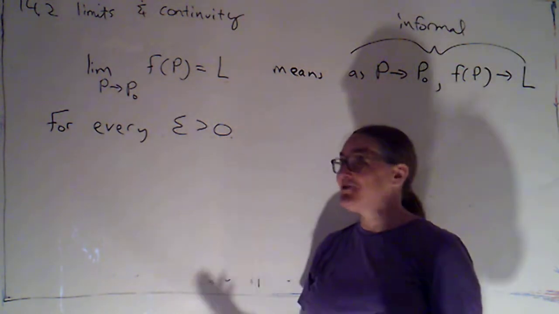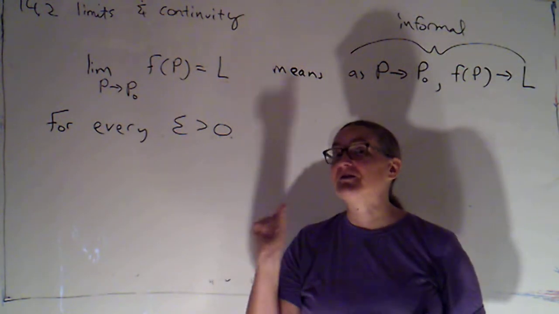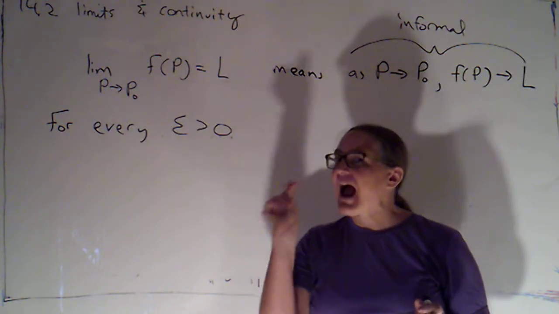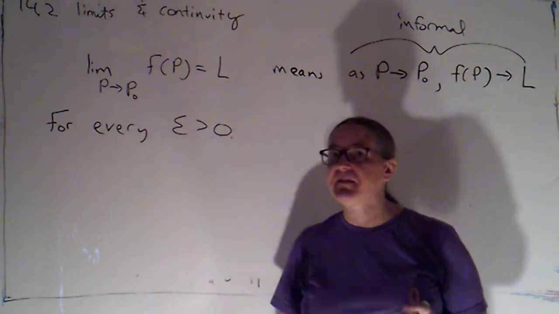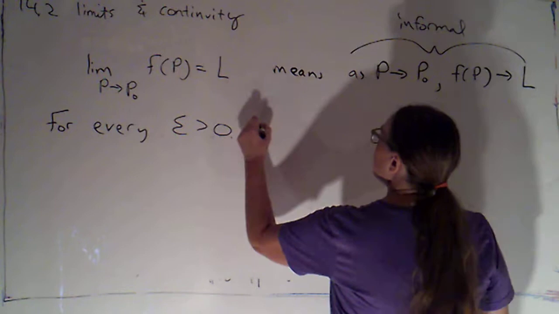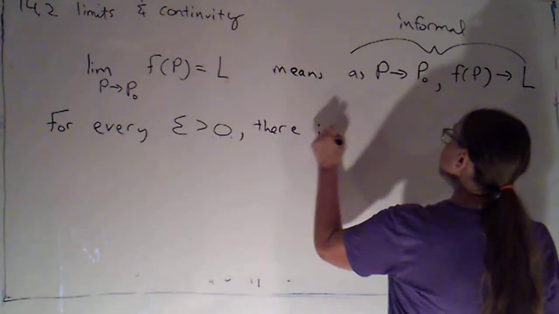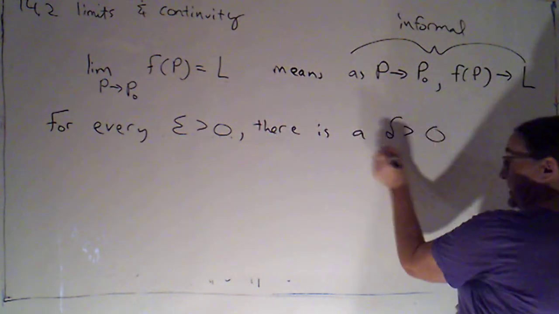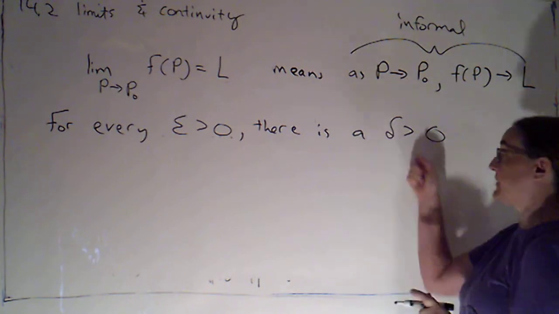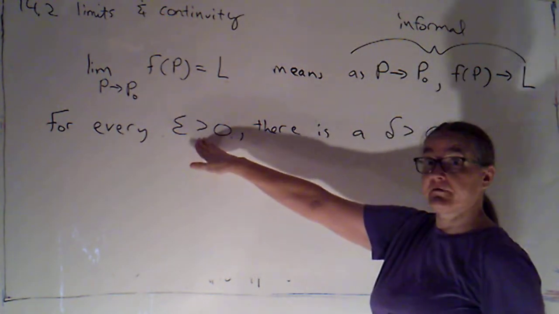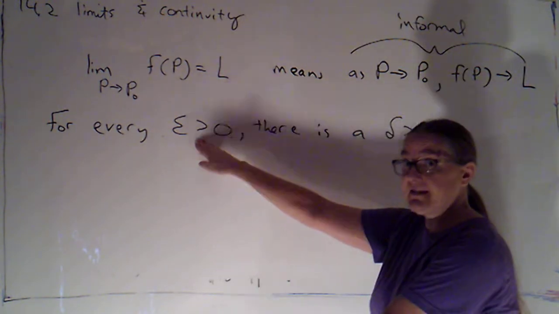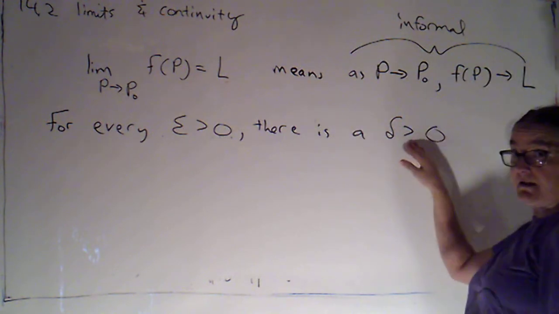But what I'm concerned about is that it includes arbitrarily small numbers. So no matter how close I say I want the outputs to get, there is a delta bigger than 0. Okay. So for every standard of closeness I set for the outputs, I can find a corresponding standard of closeness